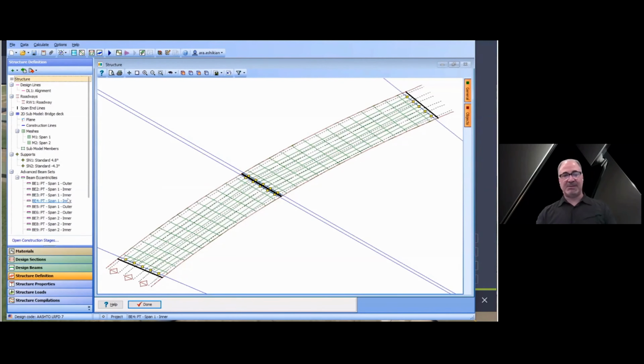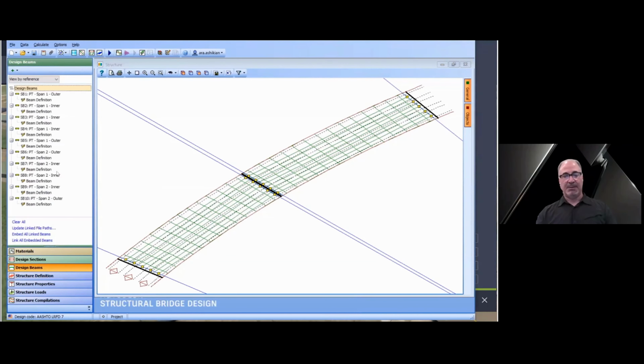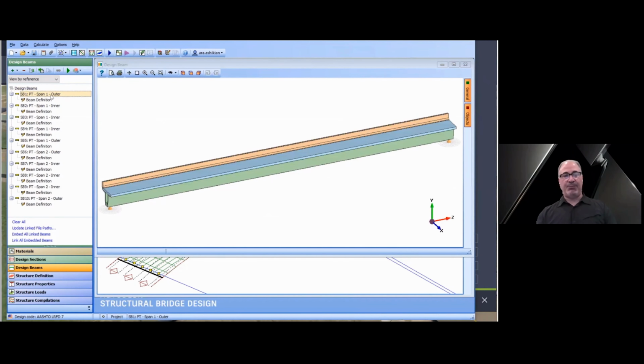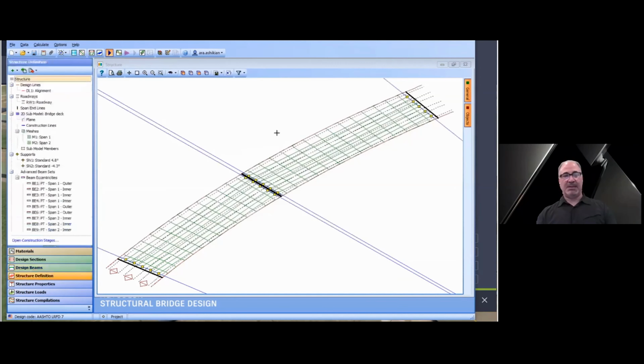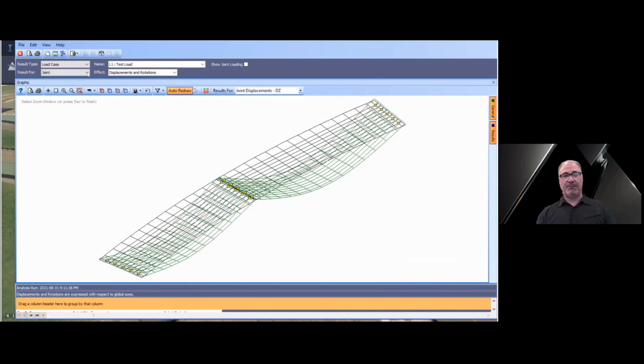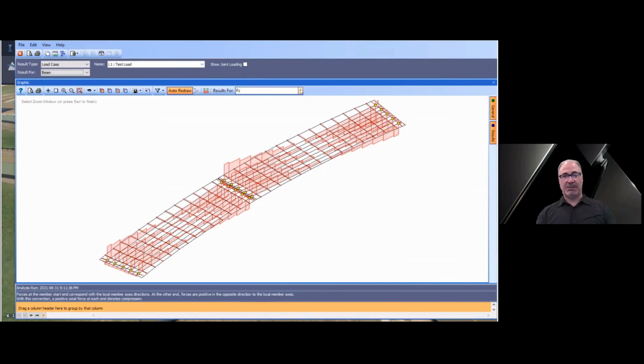You might roll up your sleeves and make adjustments and further changes, but it's a very good starting point. And the beam representation to get the section properties and so on are there. And from there, you get moment and shear diagrams and deflections to start the design process.